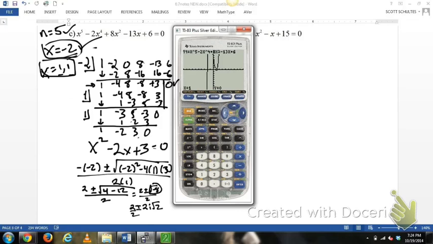Now each of these are divisible by 2. So I end up with 1 plus or minus, these 2's cancel, i root 2. So all in all, my solutions are,